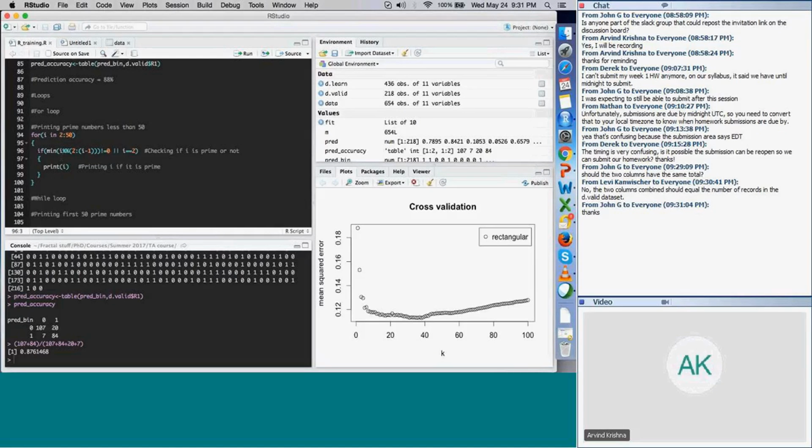There's a command in R called the if command. Here I am just checking whether i is a prime number or not. If this is true, then the flow of control will enter this parenthesis and it will print the number. So how am I checking whether the number is prime or not? This operator, %%, calculates the remainder